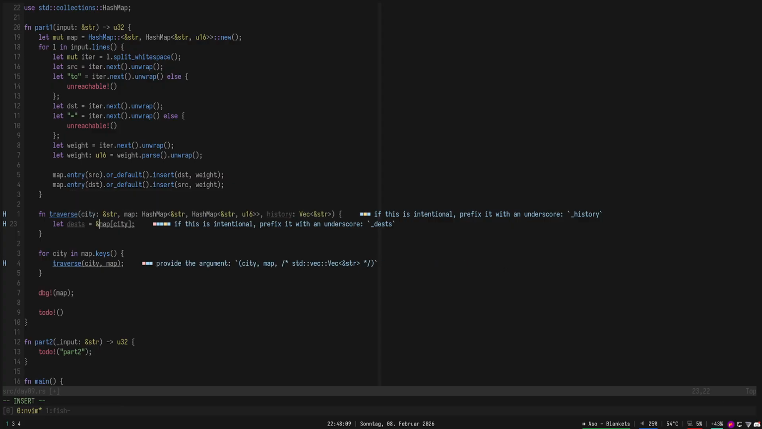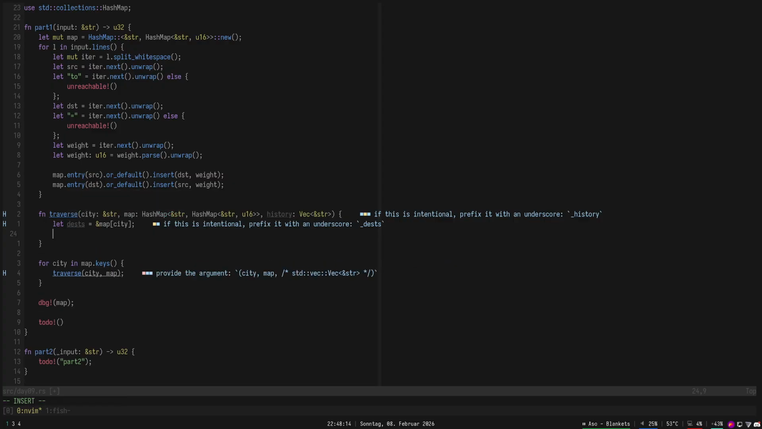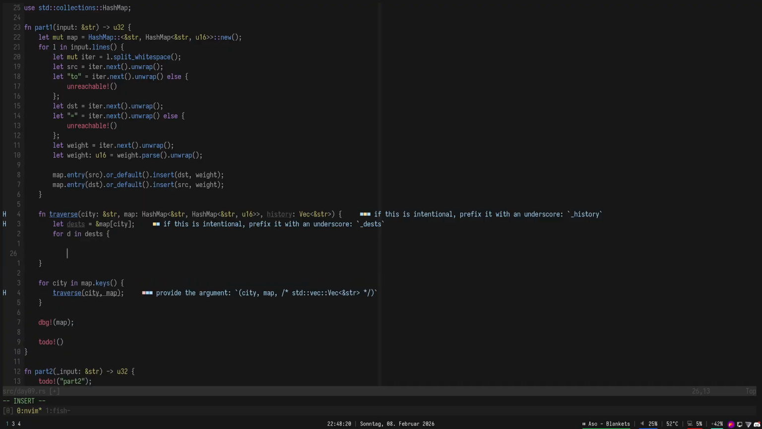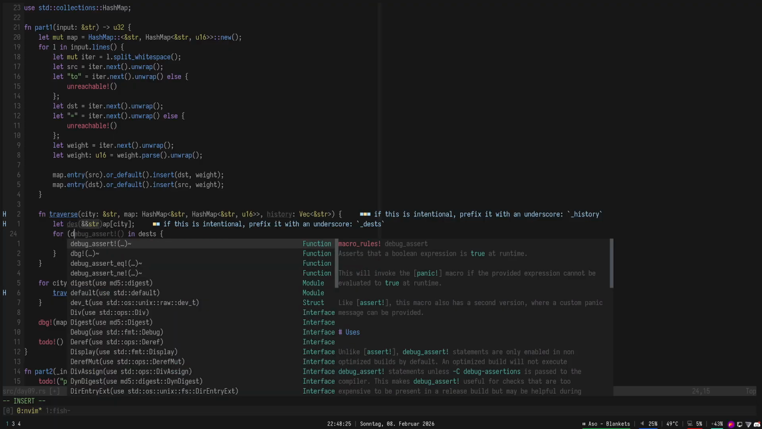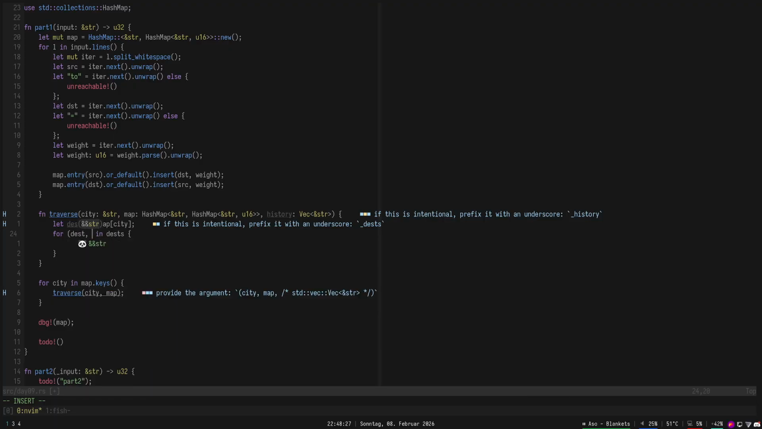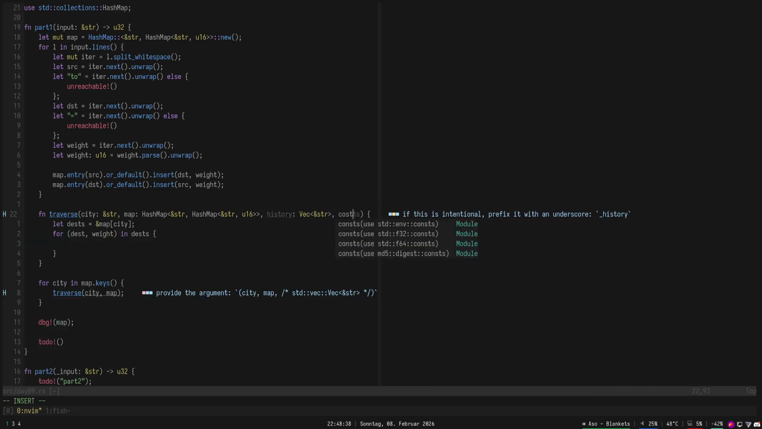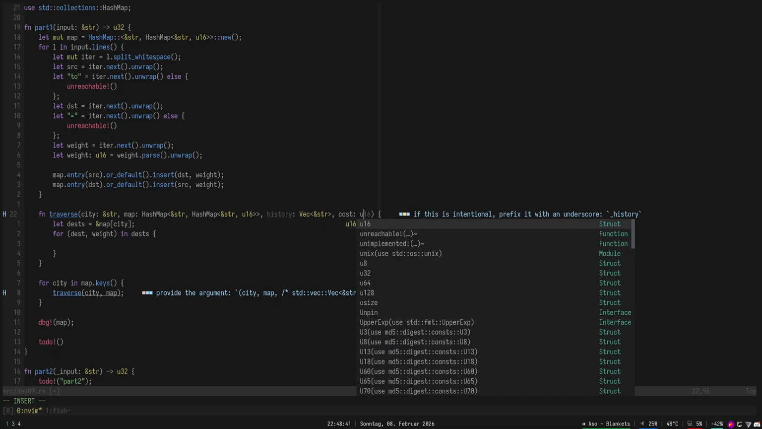And then we need this by reference probably. So we have now the destinations. Then we can say for D in dests. So now D is a city and the weight that it'll cost to get there. We can say, actually, we can also add a cost here, which is the running sum, which I think should be fine